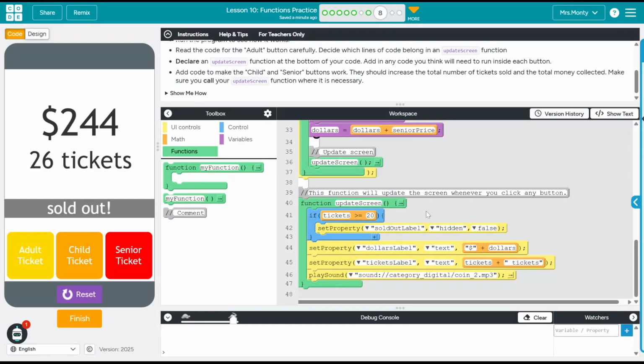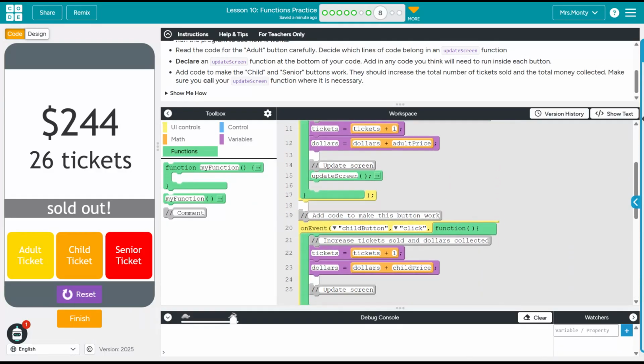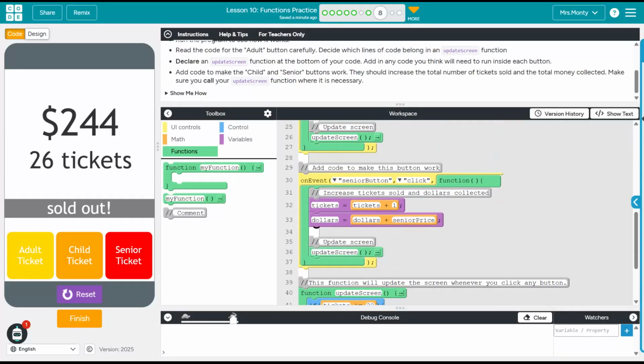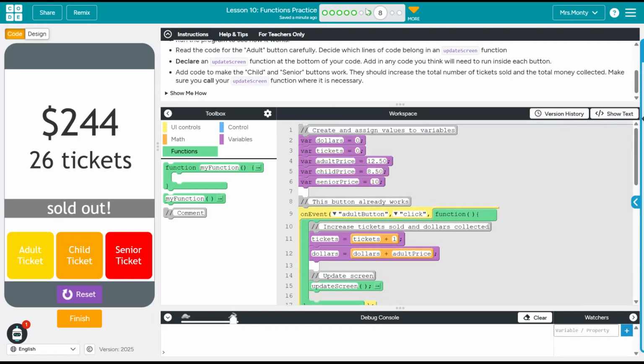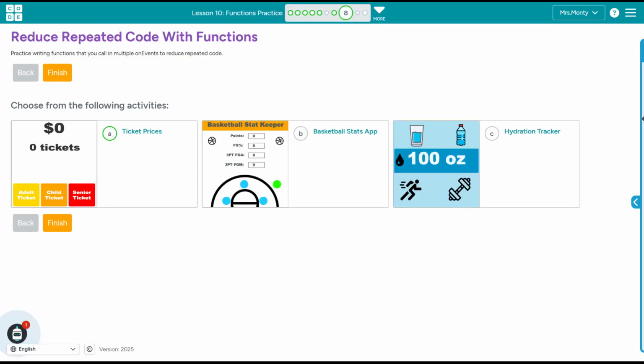And that's all we need to do is find that repeated code from the adult button that was already created and just get it added to our child button and our senior button. All right, so make sure you click on finish on this bubble, and we're going to go to bubble 8B,